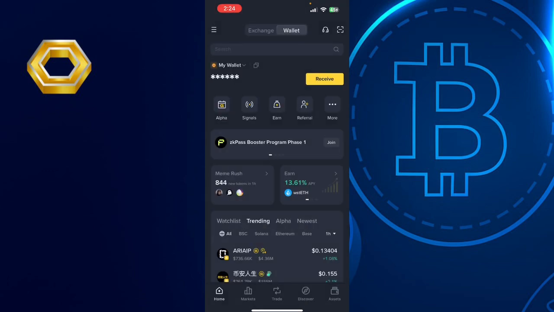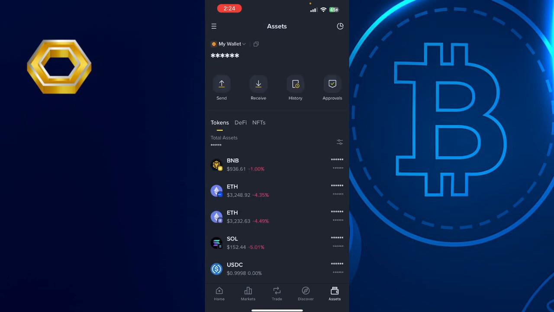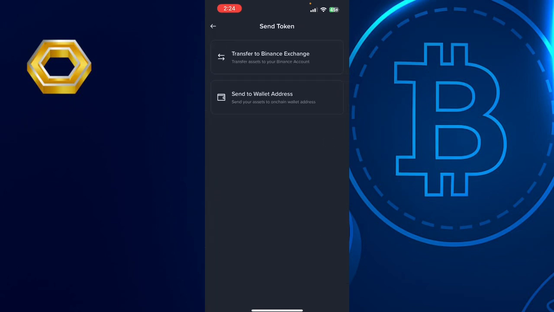Once you are here on wallet, you can just go right down at the bottom menu and click on assets. Once you're on assets, you can see your various assets and your token balances for each of your cryptocurrencies. So just go over and click on send, and then you're going to see an option here, transfer to